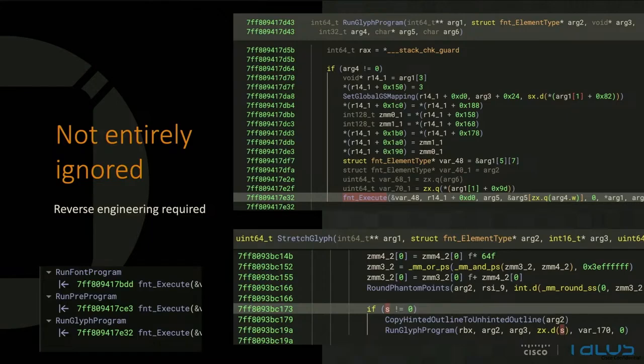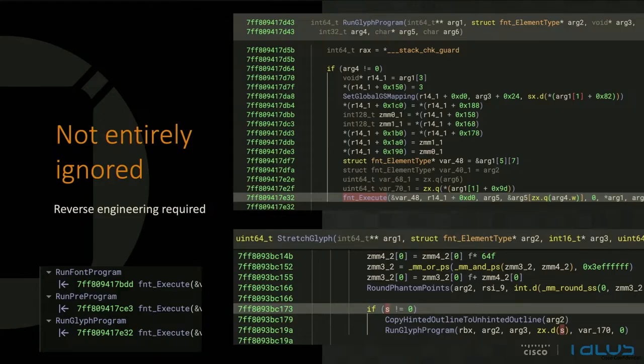The interpreter is obviously not completely ignored, otherwise the vulnerability wouldn't be triggerable and the exploit wouldn't work. So there's got to be some way to trigger the slow path and force the renderer to interpret the font. And if we take a look at the code itself, there's a couple of entry points to running the font